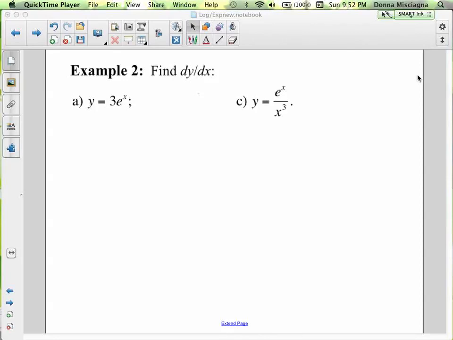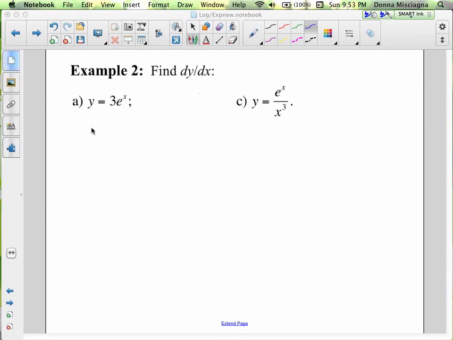So let's find some more derivatives of exponential functions with e to the x as the base. The first one, you couldn't find an easier problem. When you have a coefficient in front of a function, it's just going to be that coefficient, that constant multiple, times the derivative. Constant multiple rule. Well, the derivative of e to the x is e to the x, so the derivative of 3e to the x,